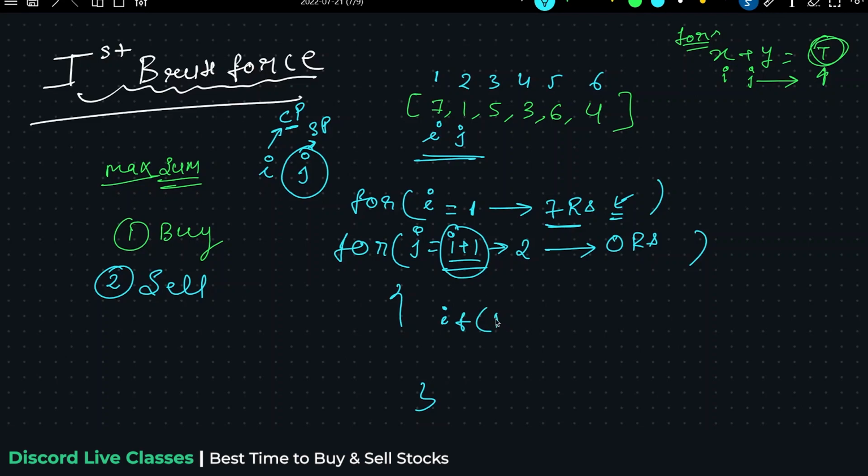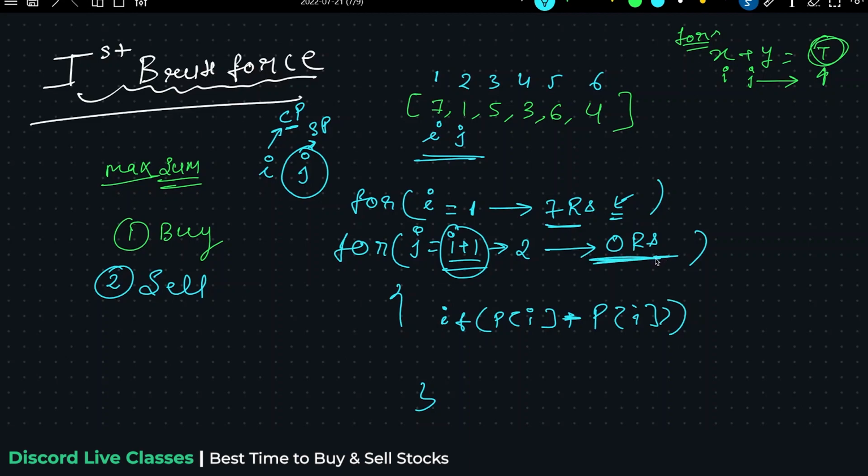If prices of I plus, what we will be doing? Tell me the one thing that I want to return. If there is profit, the later price should be higher than prices of I. So basically it will be prices of j minus prices of I. What profit comes, I will be checking with another variable, and let's understand how I will be able to do it.